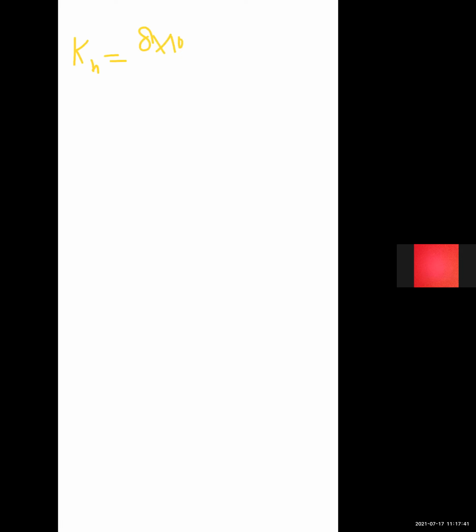We can also eliminate 10 to the power minus 4. So 8 into 6 plus 50 into 3 plus 15 into 12 into 10 to the power minus 4, divided by